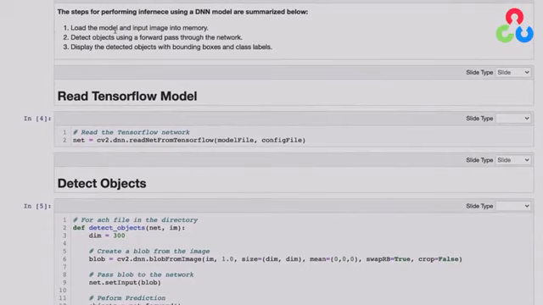First, loading both the model and the input image into memory, and then detecting objects using a forward pass through the network, and then finally displaying the detected objects with bounding boxes and class labels. And so the first step is indicated here, where we're calling the OpenCV function readNet from TensorFlow, and that takes as input a model file and the configuration file, both of which we specified above. And then that's going to return for us an instance of the network here,